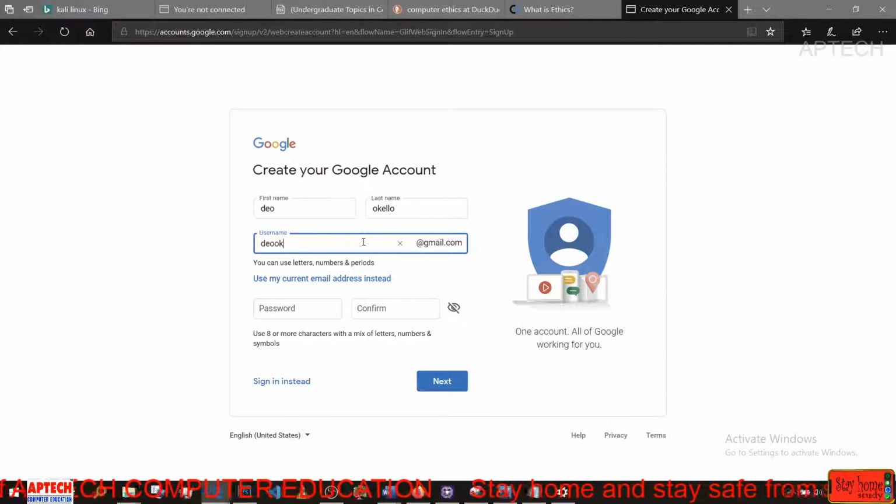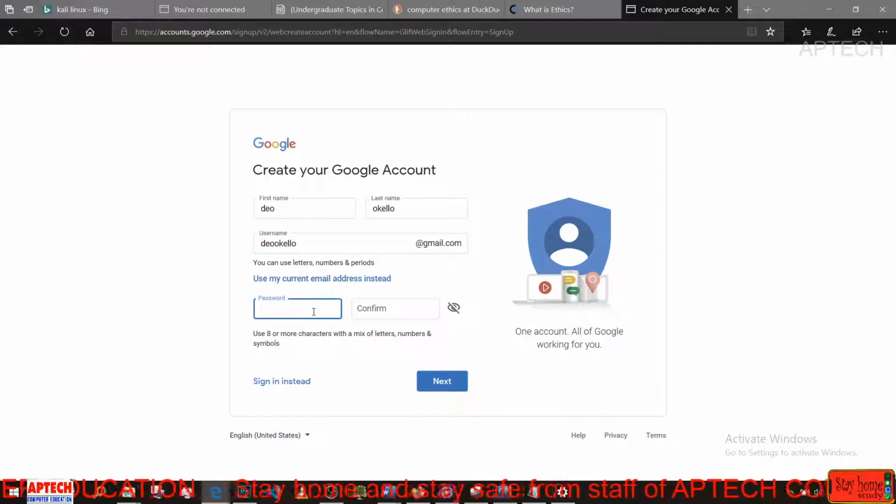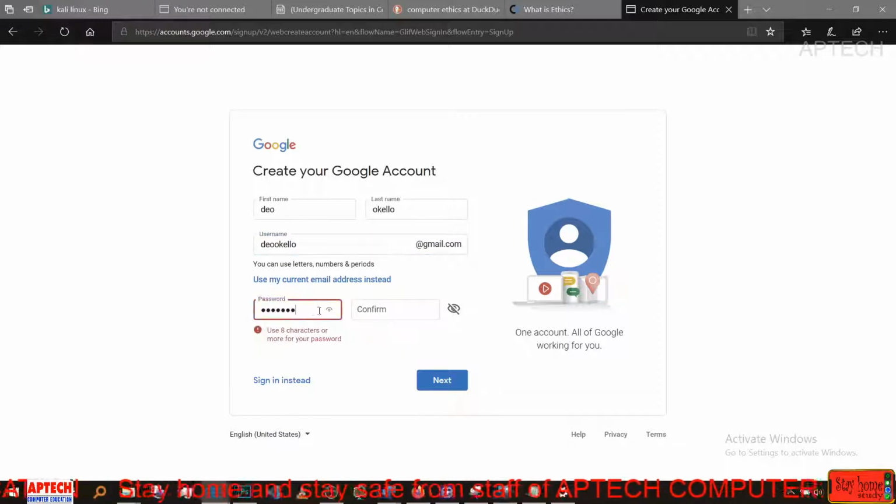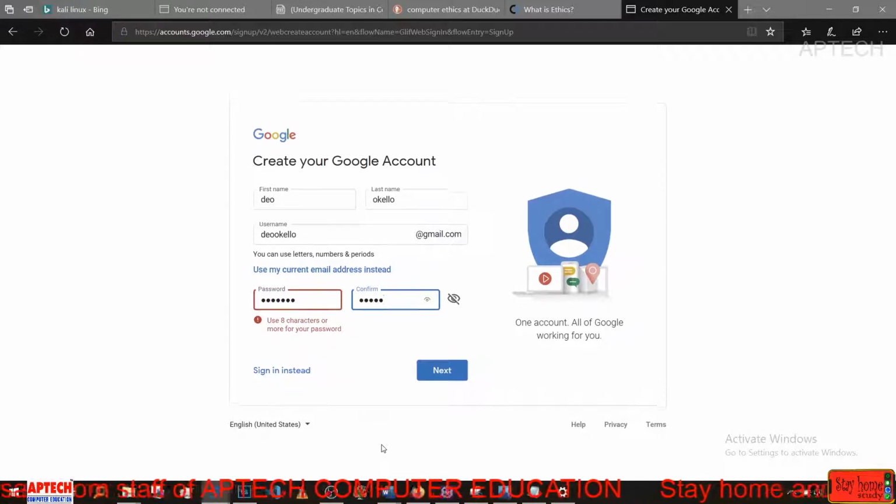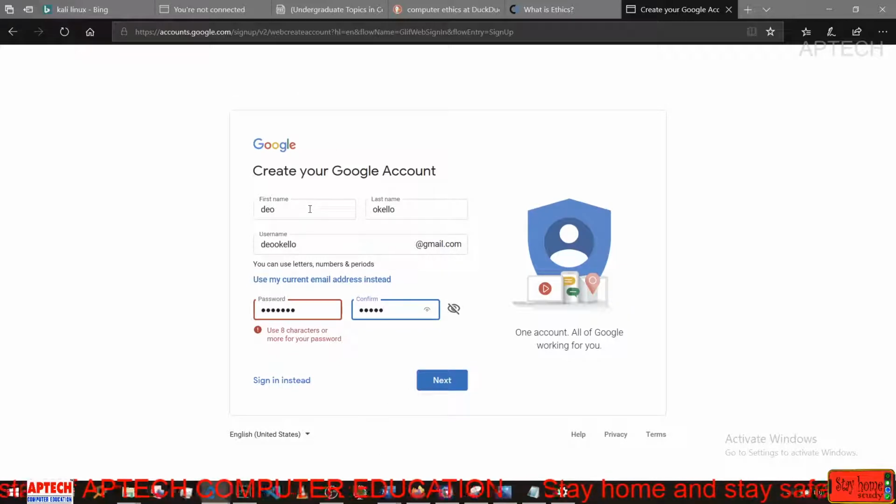Choose the email you expect, then you write the password, confirm, like that, then press next. Basically, when you press next,